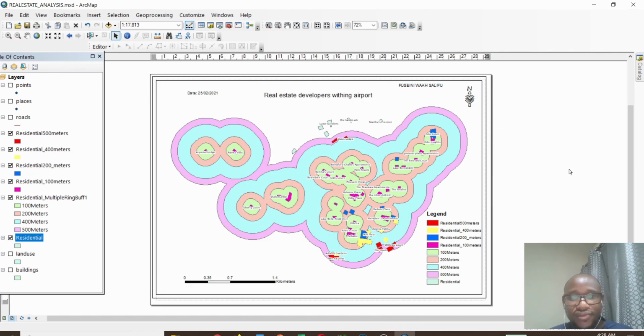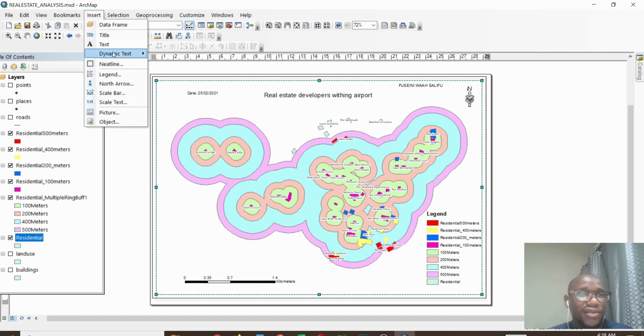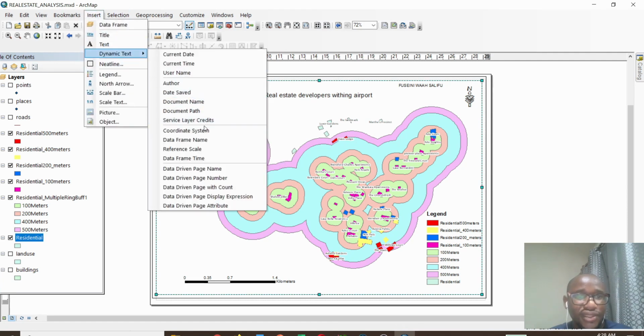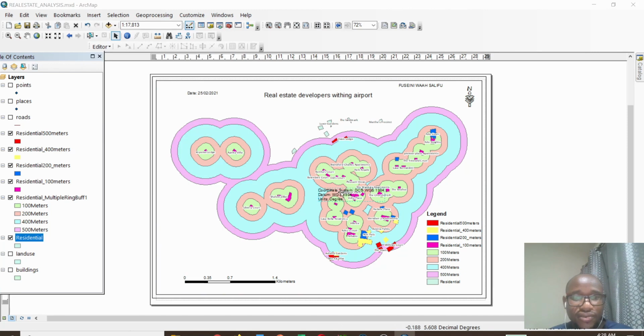Okay, we'll put it here. And then it's important to also bring the coordinate system here. Basically, that is all about the map,